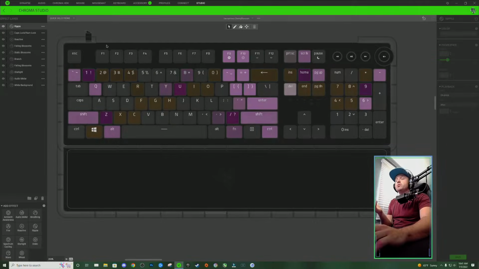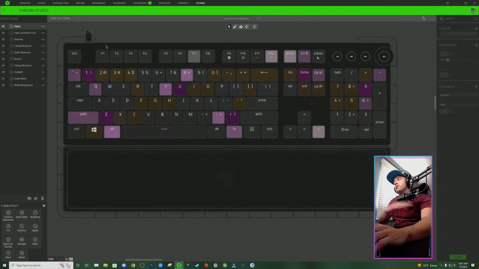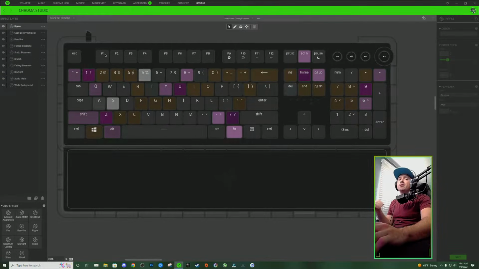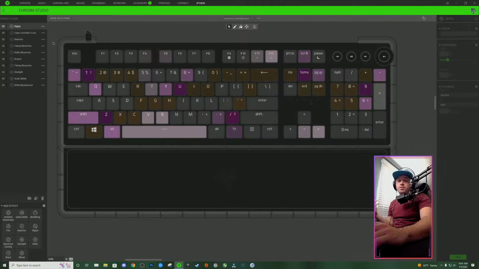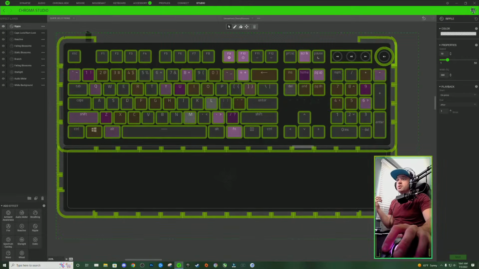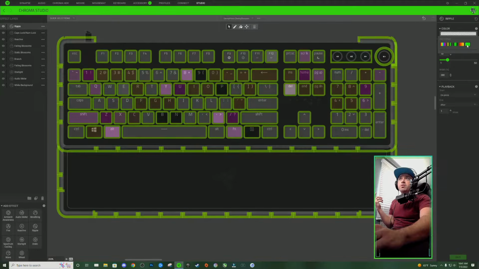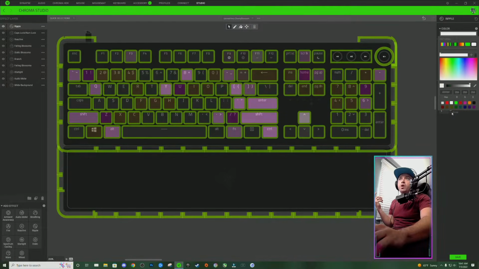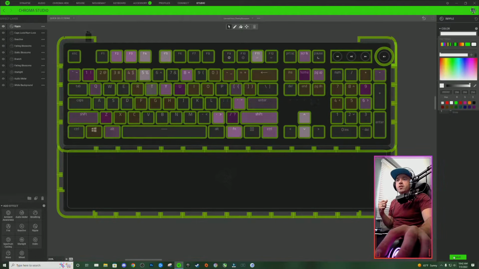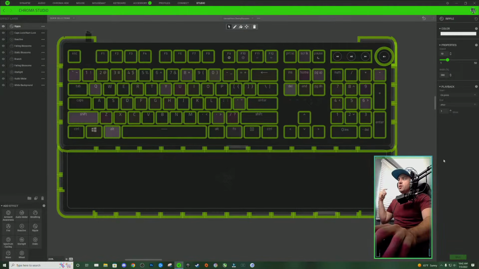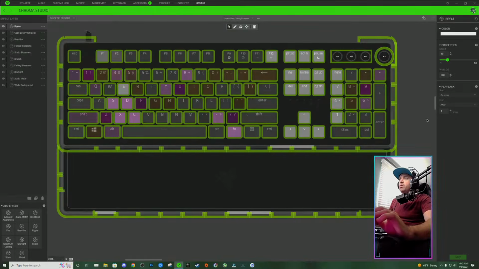What this is going to do is give your ripple effect layer priority over all the other effect layers, and it'll allow you to see it, and it won't be hidden by other effect layers. So if I was to just select all of our lighting zones here for our keyboard, and I click on our color drop down and I apply a white colored ripple to our keyboard lighting design here, and I hit save, you can now see whenever I type on the keyboard, it's going to give you a white ripple effect